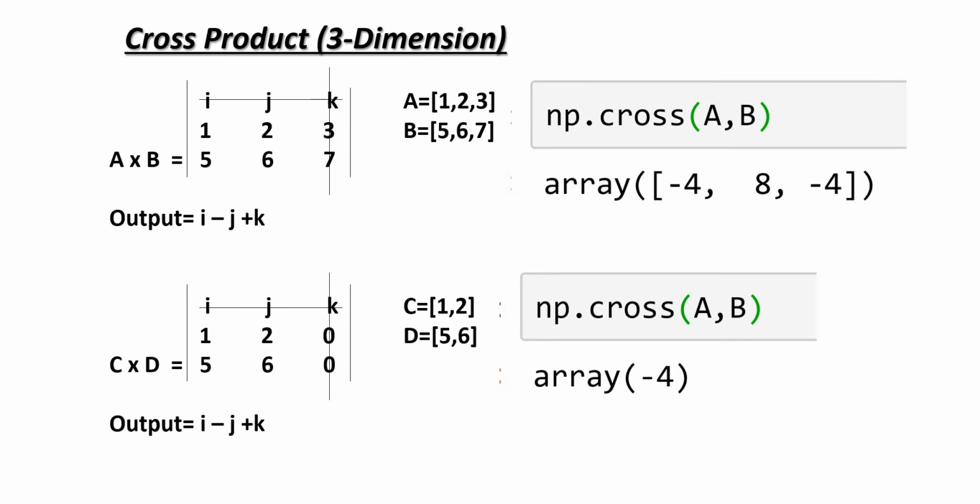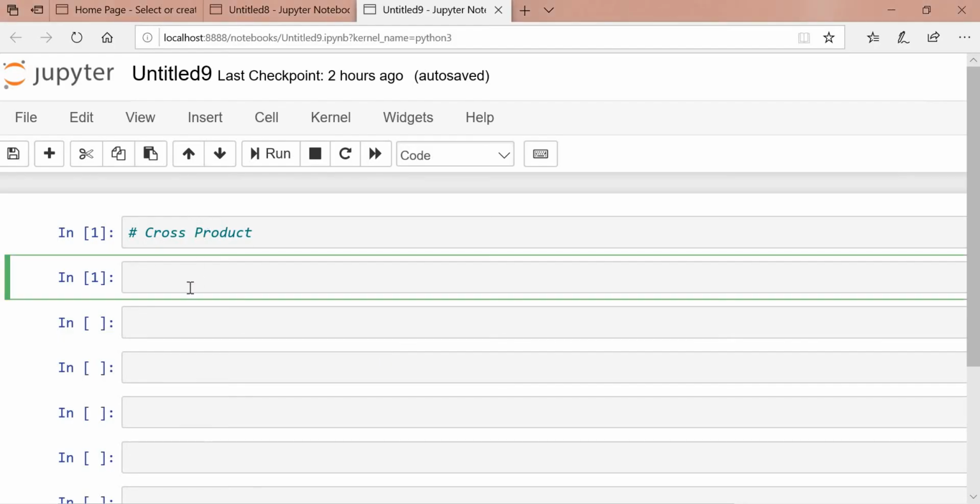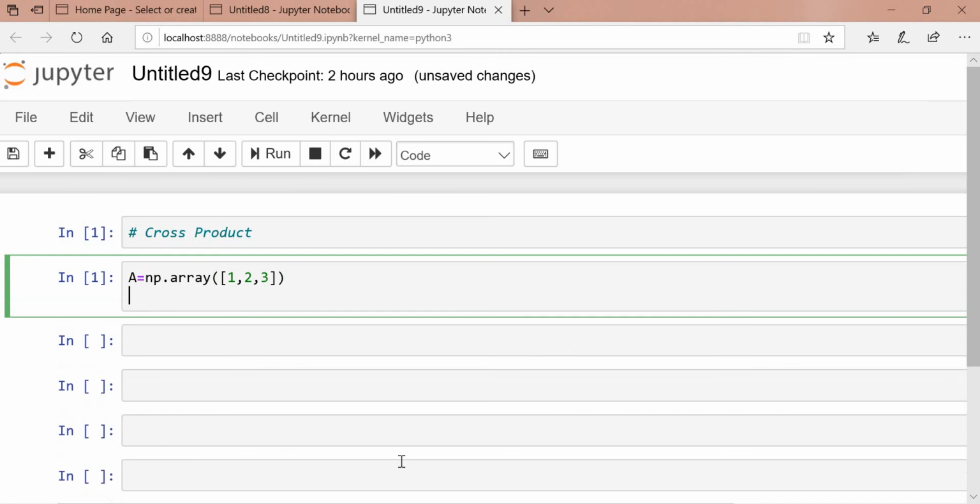Now I will show you how we can achieve this output in the Jupyter Notebook. So let's say we will create any random array, np.array, and b as well, 3, 4, 5, 6.